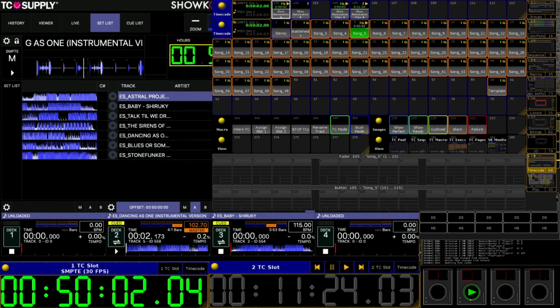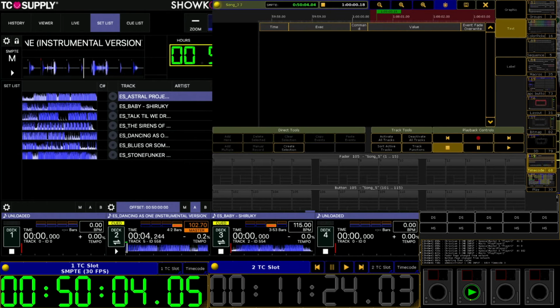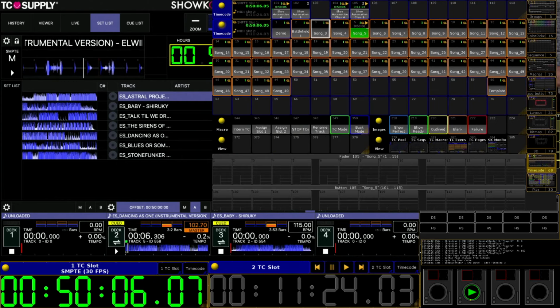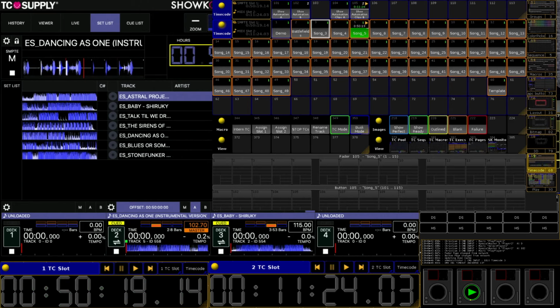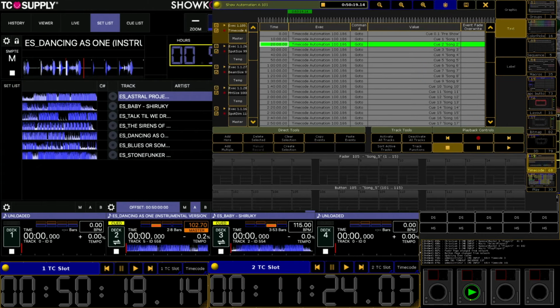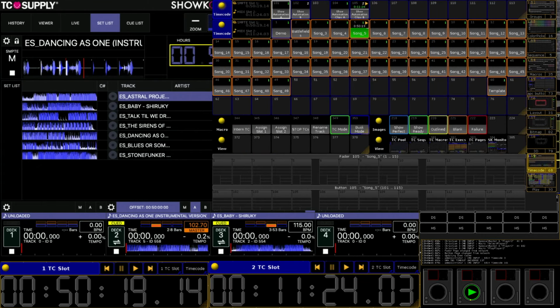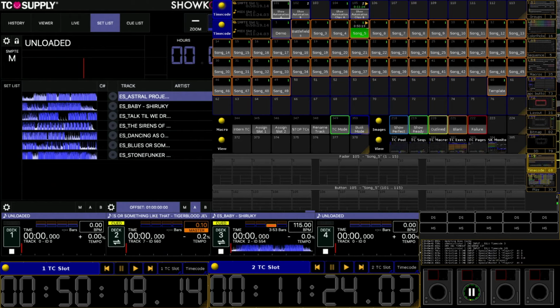Back when I was programming these earlier, there's a couple different settings that I change while I'm programming in my timecode pool to make it so it doesn't hop around and I can leave record on. So timecode slot A, this whole show automation list, is listening for any SMPTE that it's getting. If I go to